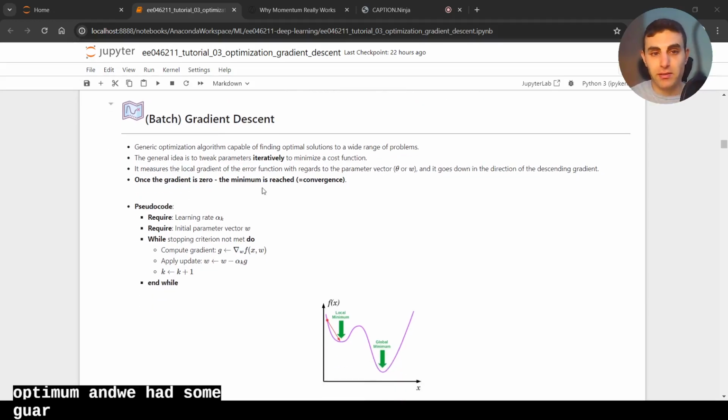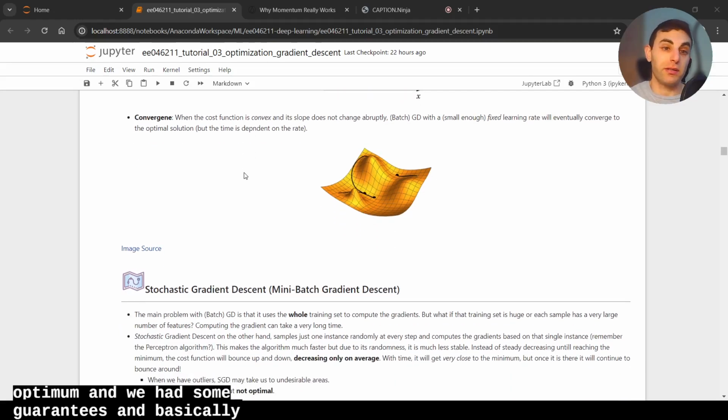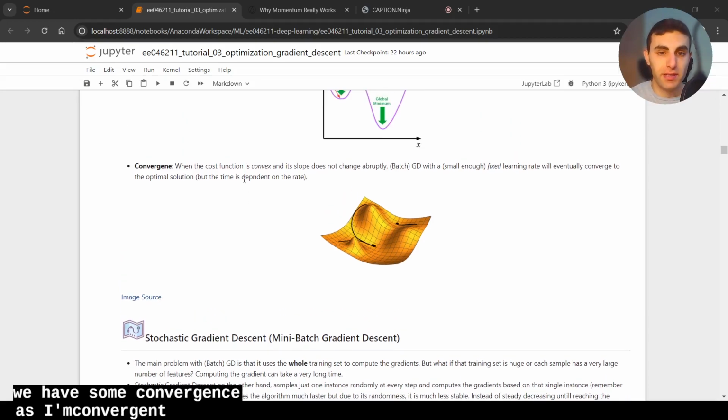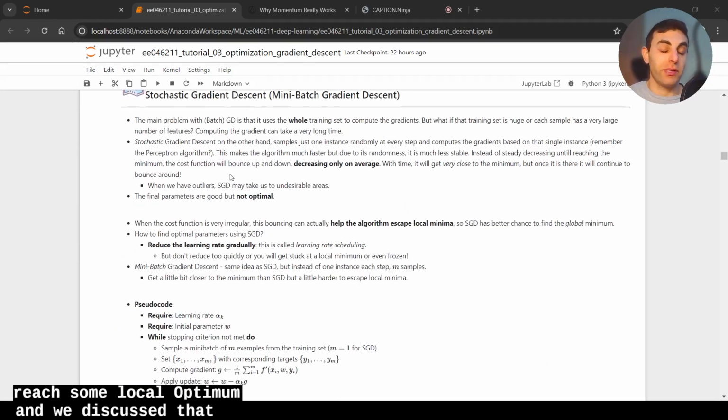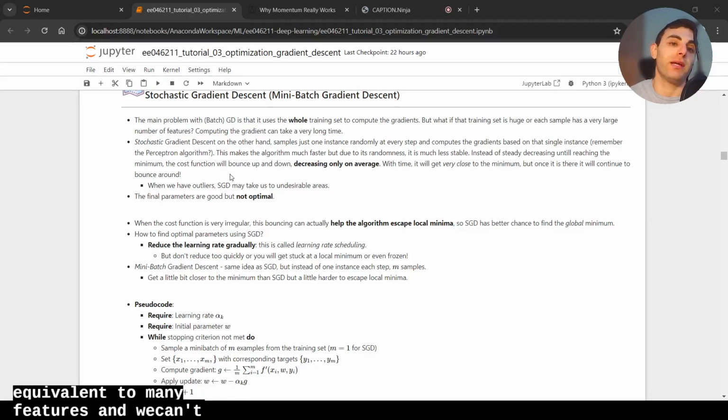And we had some guarantees. Basically, when the function is convex, then we know we have some convergence guarantees, but otherwise we still apply gradient descent, but we don't have any guarantees, only that we will probably reach some local optimum. And we discussed that usually we cannot compute the gradient on the entire data due to the fact that the data is huge or that we have a lot of features. So for example, images, they have a lot of pixels, and many pixels is equivalent to many features, and it's very hard to calculate the gradient over the entire features,